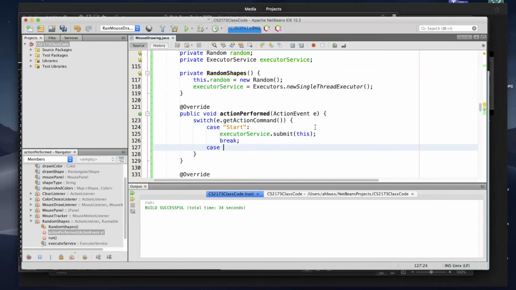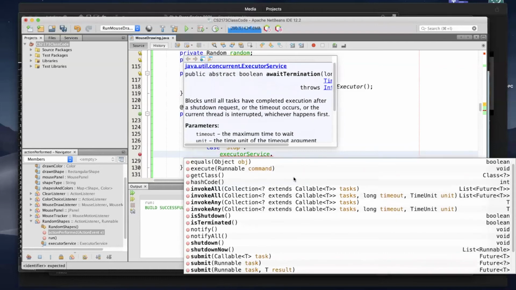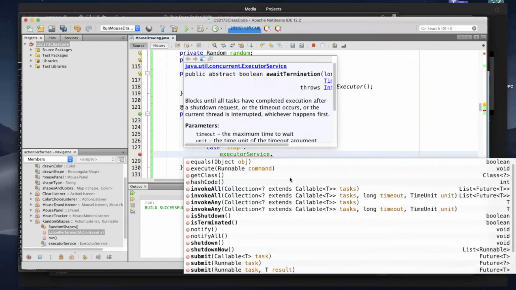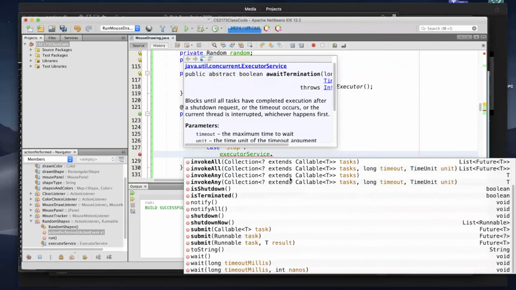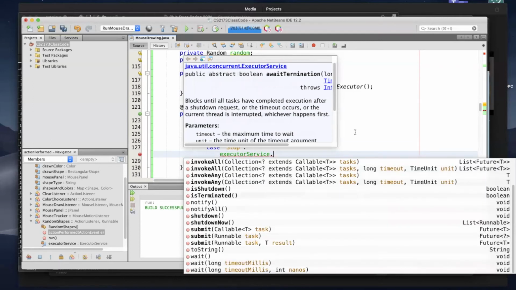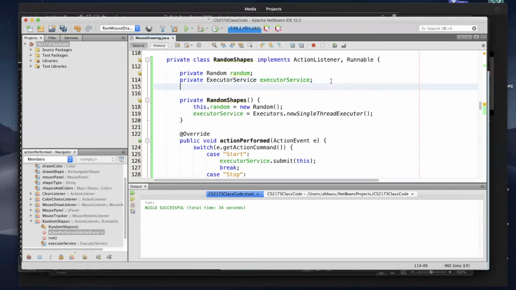And then for stop, there's a method called, not shutdown, but, what is that method? Oh, okay, I know what I want to do. No, so instead of that, rather than that, I'm going to have another